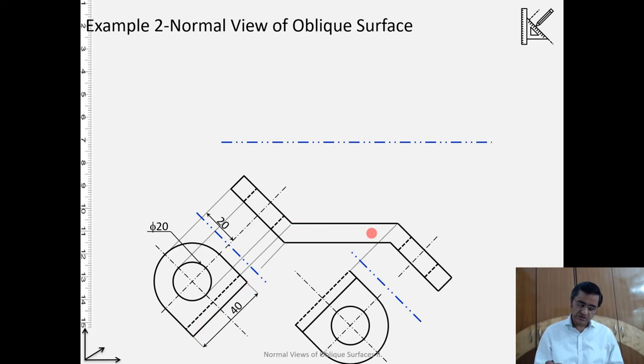So using this depth I can create it. But the object over here in this part will appear as a foreshortened view on the horizontal. To create this foreshortened view, I will have to take the help of the true shape, because this is how the true shape is, and this true shape here is shown on an auxiliary plane, which is an auxiliary plane